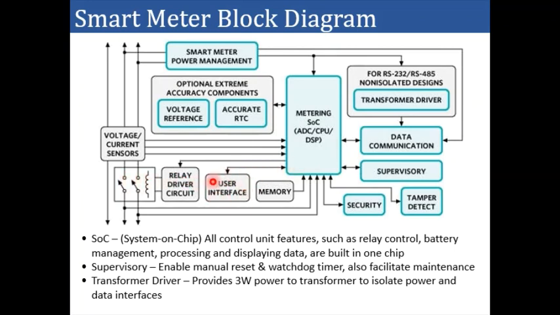And you will also have user interface so that you can see the consumption details such as real power, reactive power, voltage, current, frequency, and so on. Memory block is required to process the information as well as store the historical data for some period. When the communication fails, this information will be stored for some time, and whenever the communication is enabled, the information is sent back to the server.